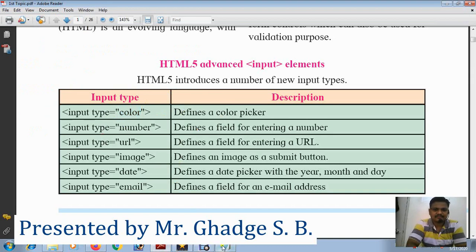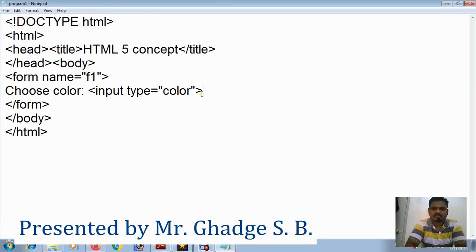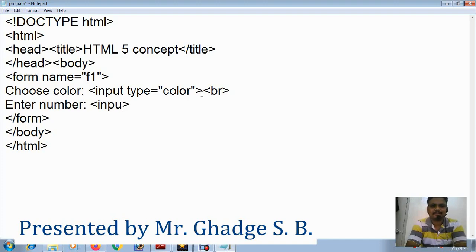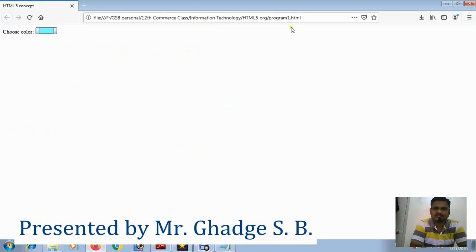Or we can add another element like this, br, and enter number, okay. Enter number, enter marks. You can write anything inside, okay. Type is equal to number. Remember this, when you set a number type, then we can only enter numbers. We cannot enter any alphabet, okay. See, we cannot enter any type of